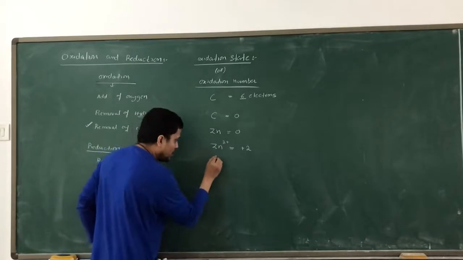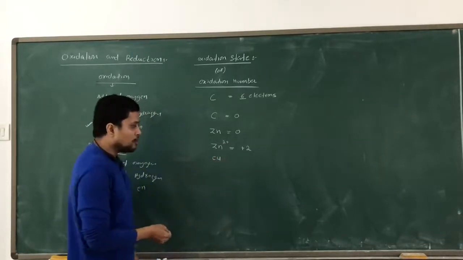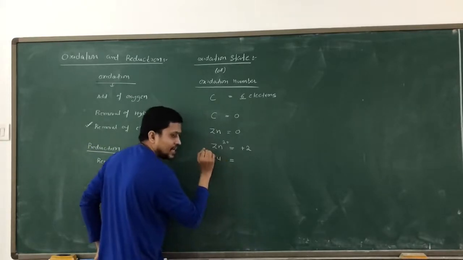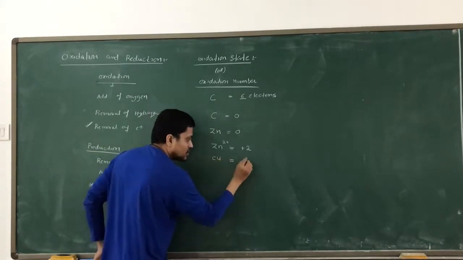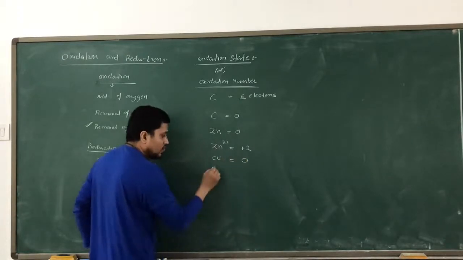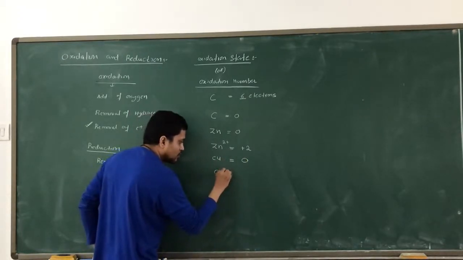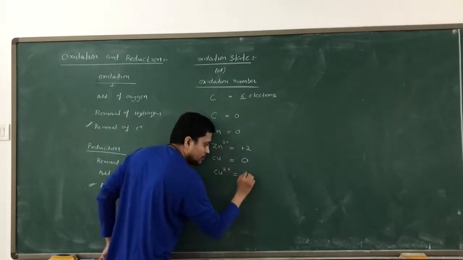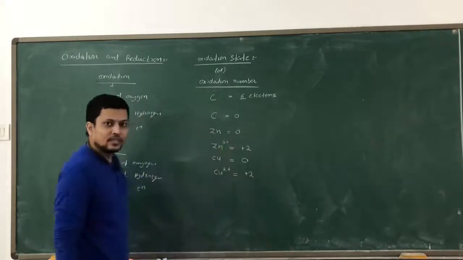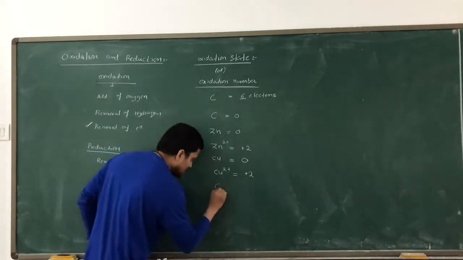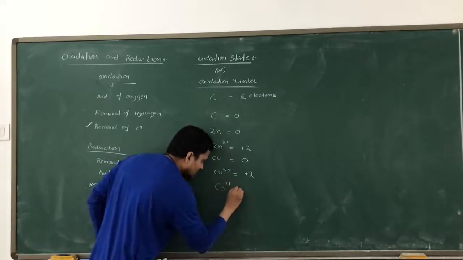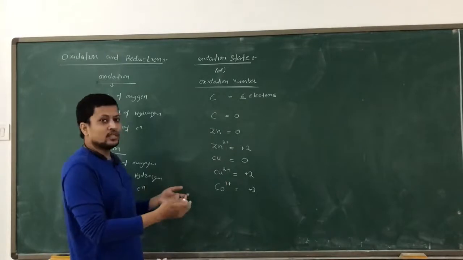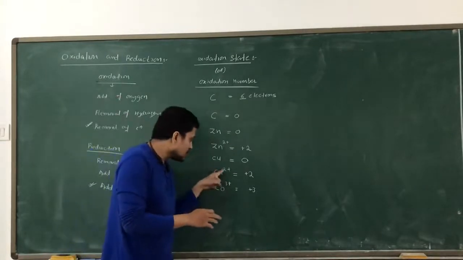Suppose copper, if I have normal copper. In normal copper we have 29 electrons. And if I have the equal number of electrons, then the oxidation state is going to be 0. If it loses electrons and becomes, suppose, copper 2 plus, then the oxidation state of copper is going to be plus 2. In the same way, if I take cobalt 3 plus, that means the oxidation state of cobalt is plus 3.